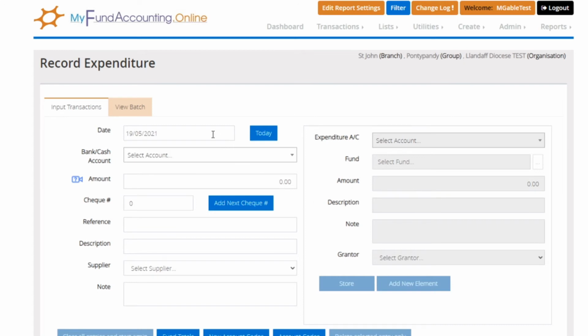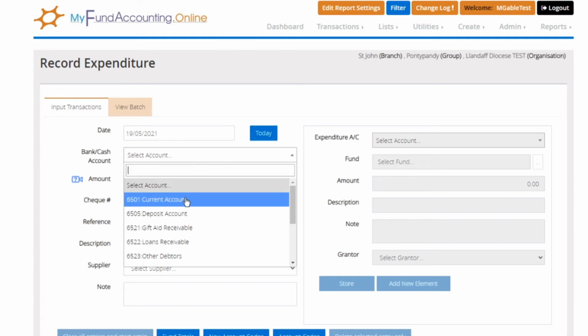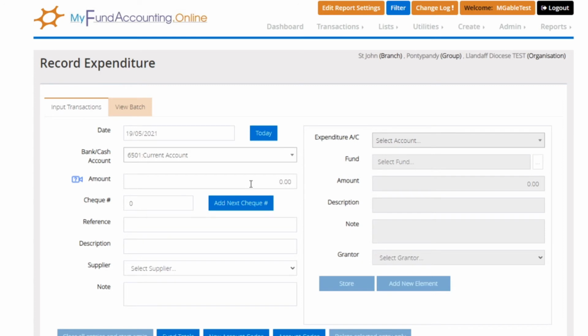We're going to record that we bought some paper, and we're going to leave the date as today, so we can just click on today, or just ignore it because it will default to today. We select the account, choose the current account. The amount is £63.37. You can add in the cheque number, but this was paid via online banking, so we don't need a cheque number. The reference, we're going to put in here parish